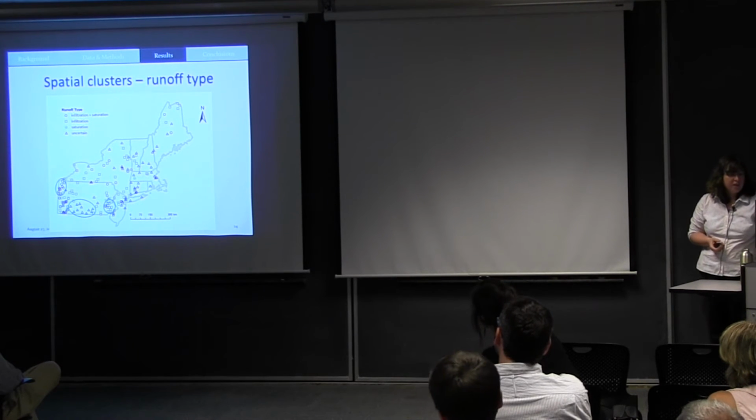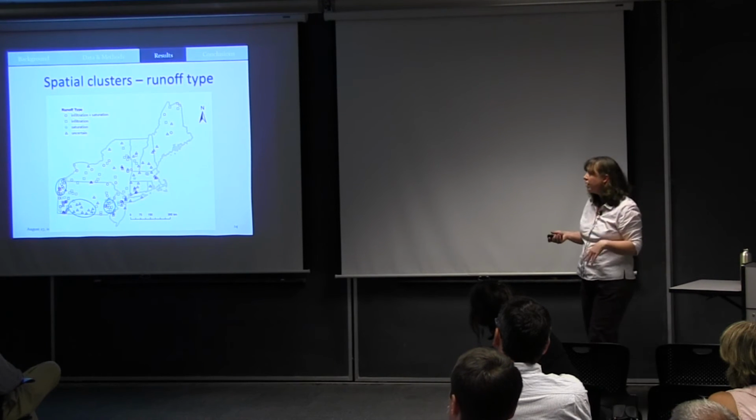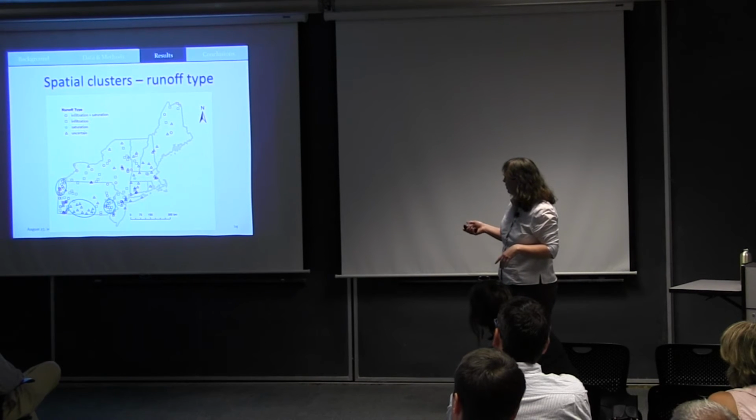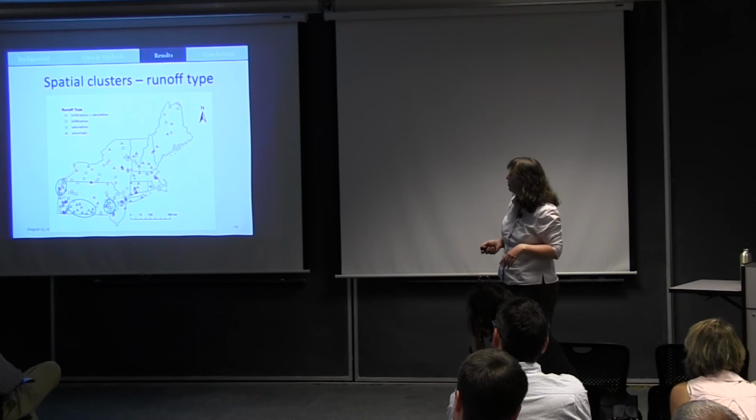So the spatial distribution of these mechanisms or combinations of mechanisms, you can see a spread of the mechanisms throughout the region, but then we have these clusters. And I think these clusters are important, and I'll talk about that more